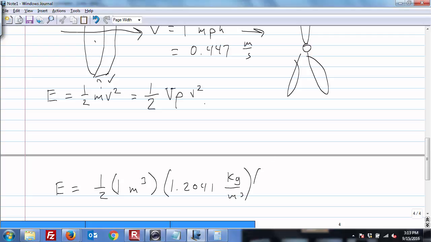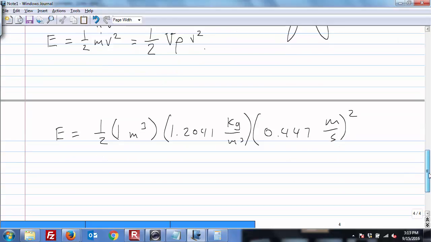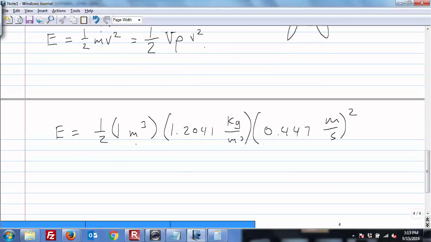And then the velocity, we've got 0.447 meters per second squared. First of all, I'm just going to go through here and cancel some units. So the meters cubed are going to cancel, and I'm going to be left with kilograms times meters squared per second squared. So the question is,